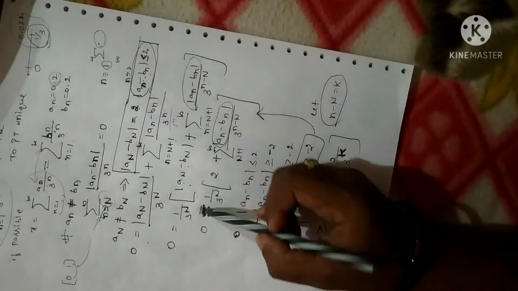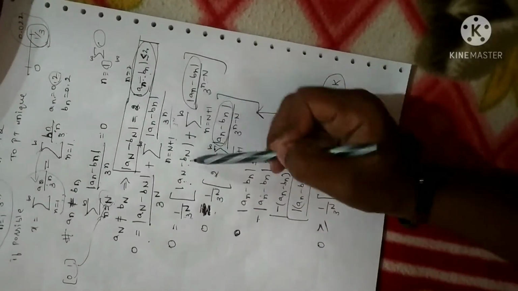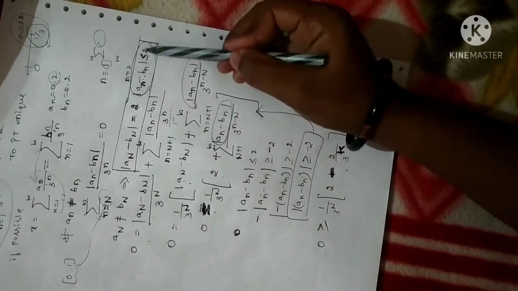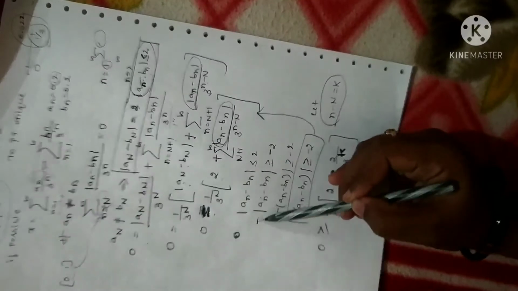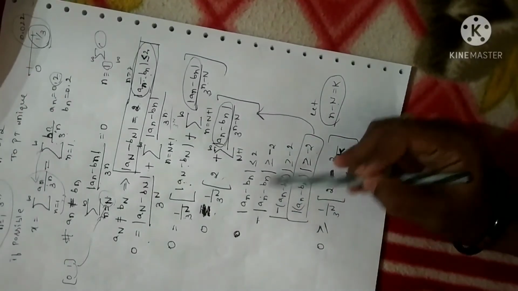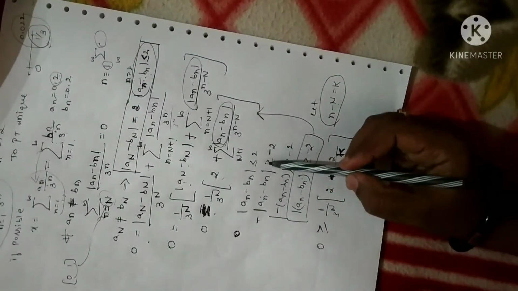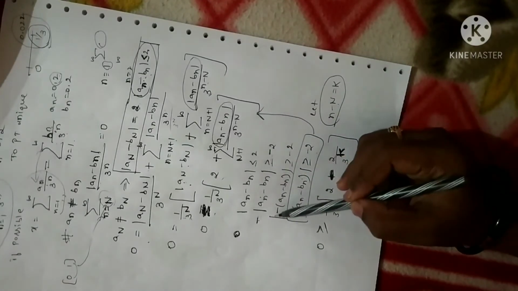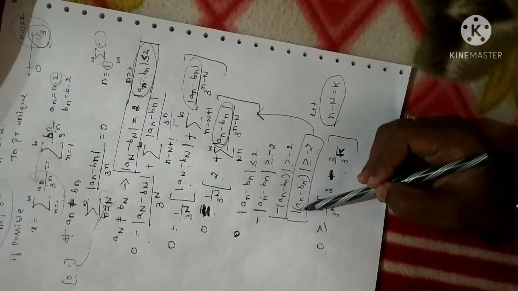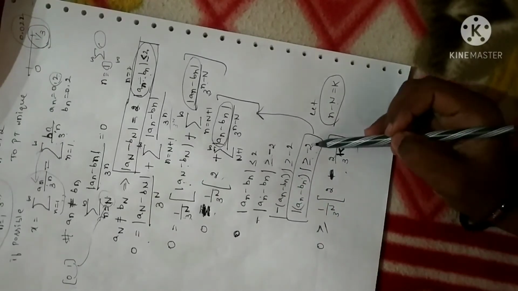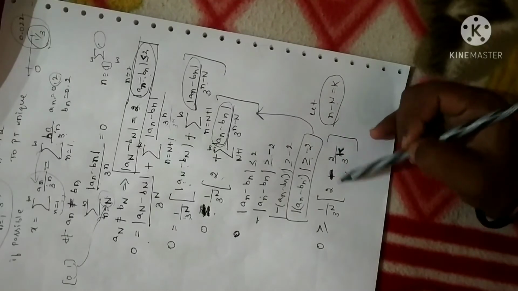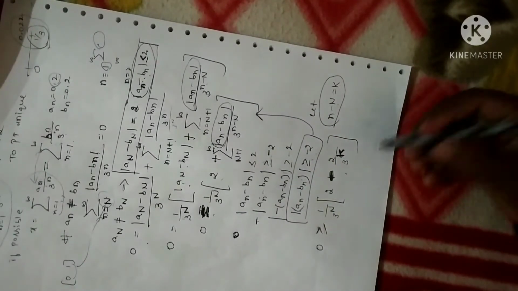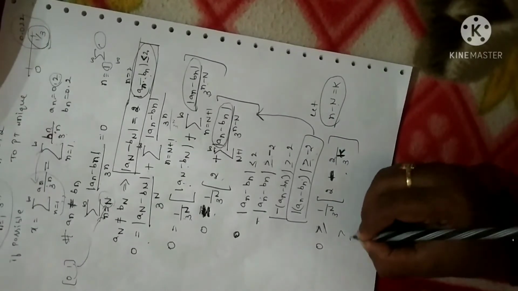I am repeating once again. What I did is an minus bn is 2. I have substituted in this step. Now in the next step, an minus bn is less than or equal to 2. I have modified it in such a way that I have multiplied it with a minus sign on both sides. So when you multiply it with minus, the inequality gets reversed. So less than or equal to becomes greater than or equal to. Since you have the magnitude sign, it doesn't affect the sign. So I have written something like this. I have replaced this with -2 and the equal sign changes to greater than or equal to. Clear? Now I can take 2 common.